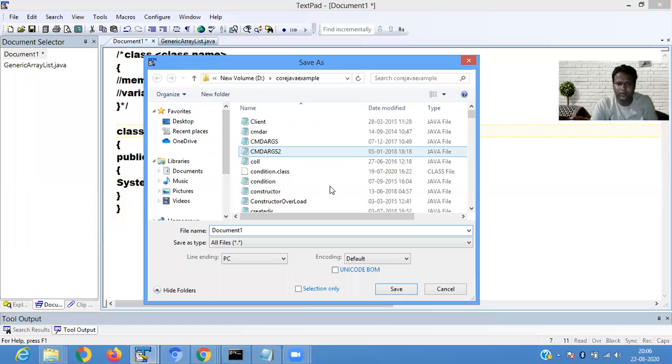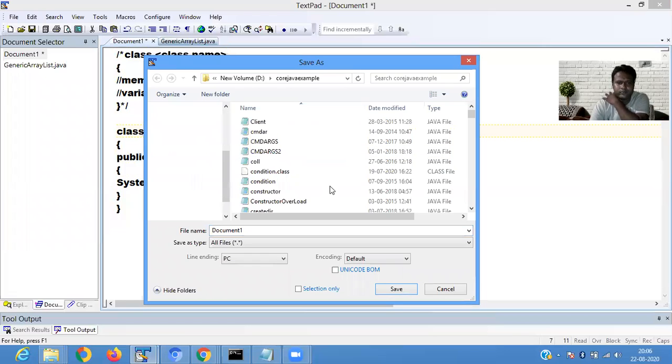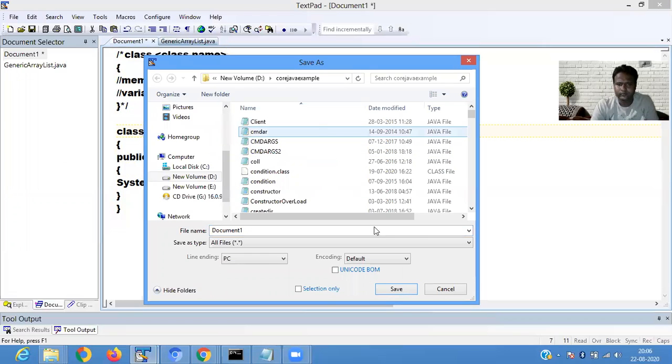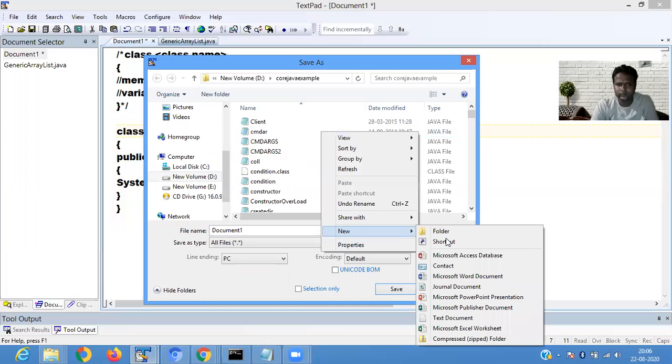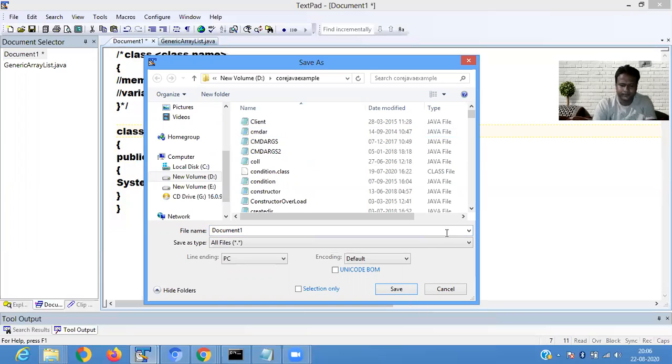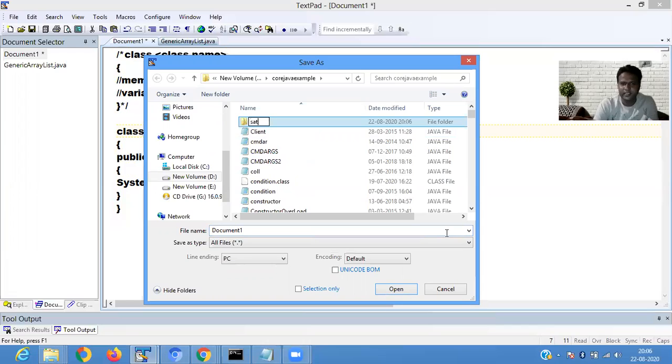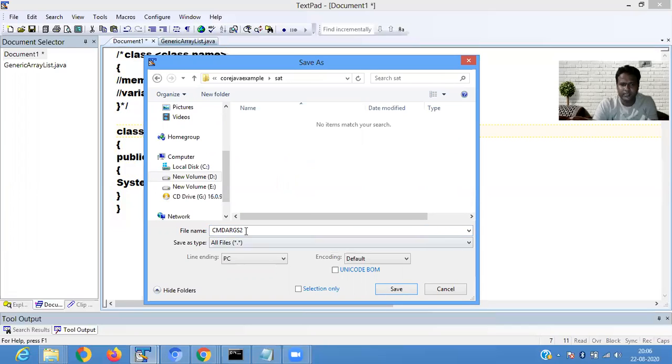Now I am creating a folder, suppose named SAT, and I save the file there, that is, demo.java.